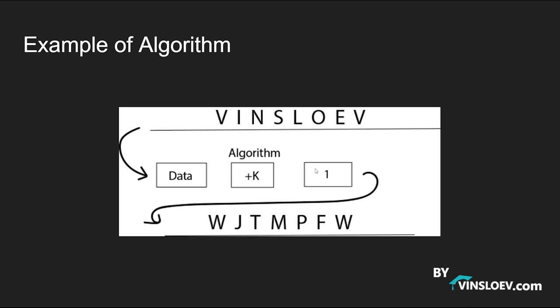Real algorithms, as we will see in later lectures, are much more complex and much more secure, meaning that you just can't break them by just trying, okay, has he incremented with 1? No. 2? No. It is much more advanced than that, but this stands as a good example to understand how this works. So what you need to keep in mind when encrypting is that we have some data, we have a given encryption algorithm, and then we have a secret key or passphrase that we use